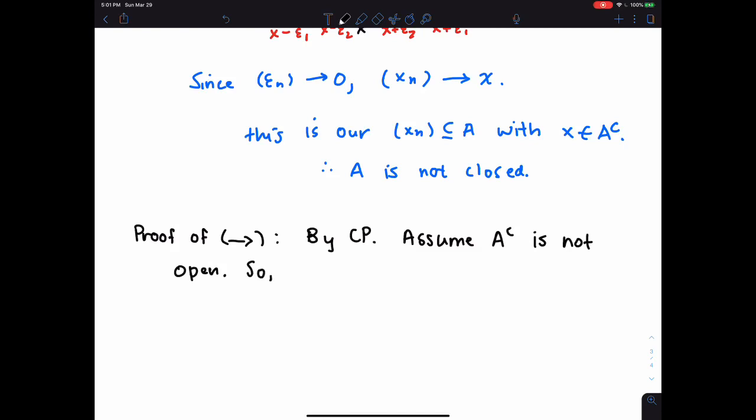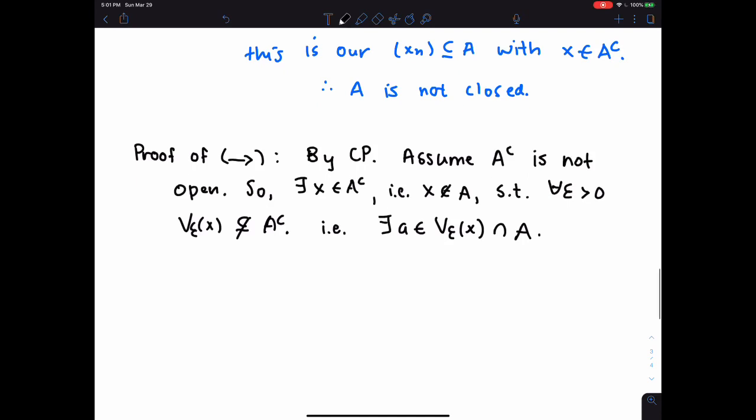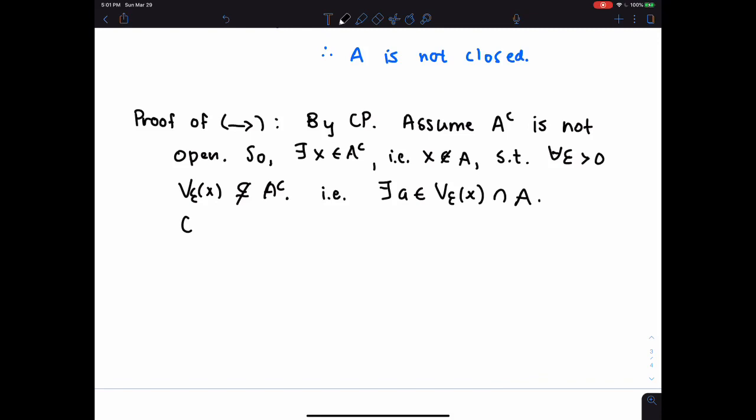So there has to exist an x in A complement, i.e. x not in A, such that for all epsilon greater than 0, V epsilon of x is not a subset of A complement, i.e. there has to exist a little a that's in V epsilon of x and also in A. Since it's also in A, we're using intersection to denote that. So we're going to consider